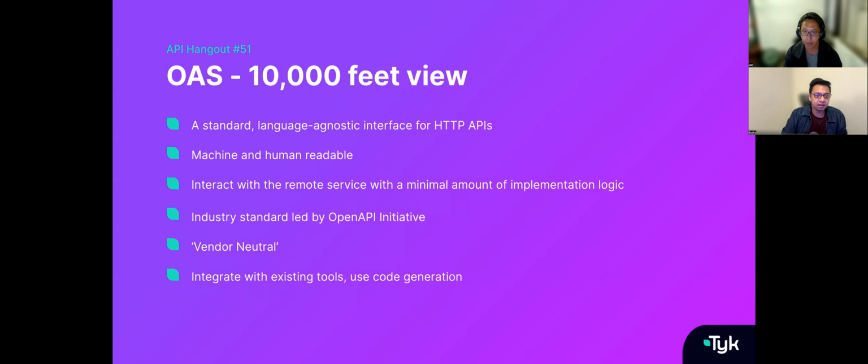The other big thing that it enables is integration with existing tools and code generation. This, again, gives you a huge boost in developer productivity. It gives you a huge boost in the extendability of your application and of your platforms. If you have a common language that is spoken across different platforms, it becomes very, very easy to integrate those platforms together. There are solutions out there that work amazingly in isolation, but they work even better when they are paired together with other components, platforms and tools within your own ecosystem, within your own API stack.